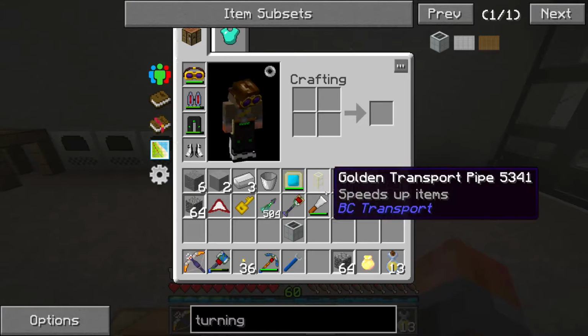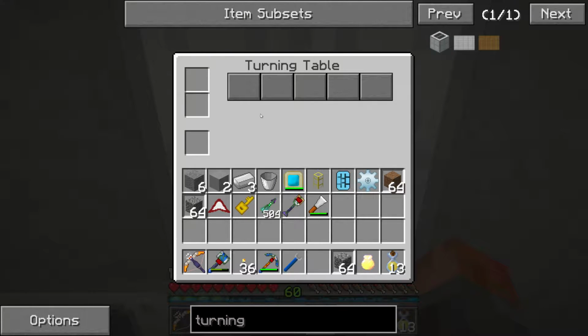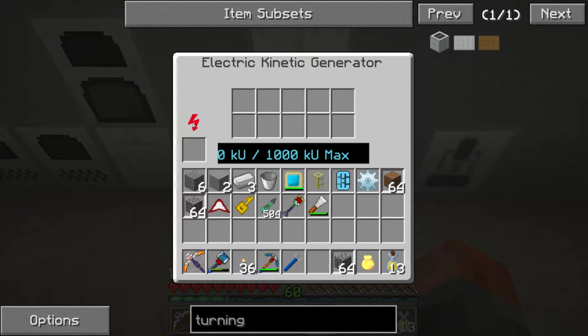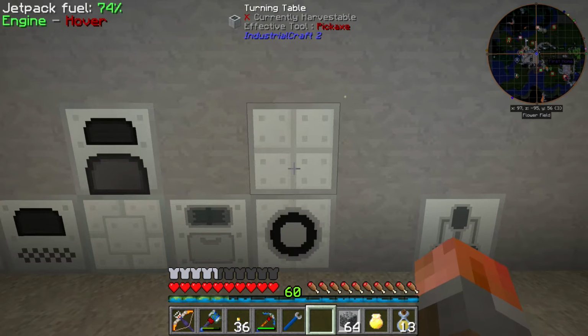This needs to be in front or on top. Yeah. That's getting power. I don't know if that needs to be in front or...